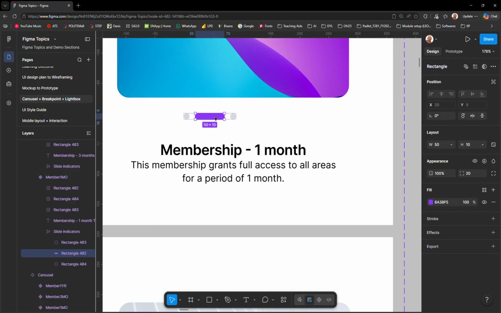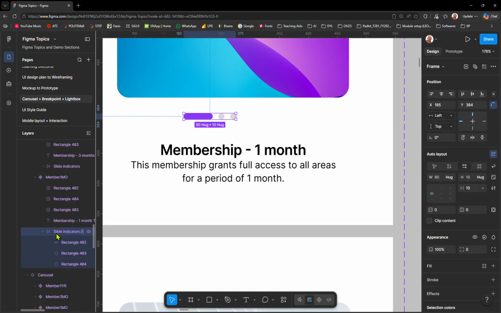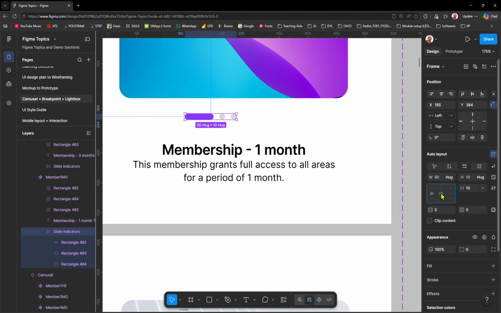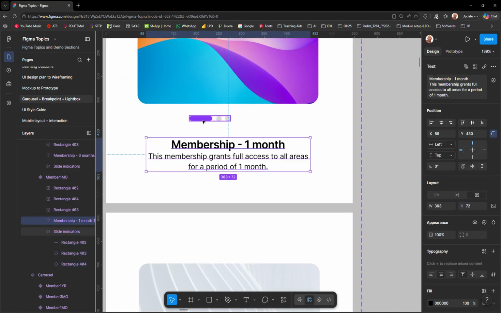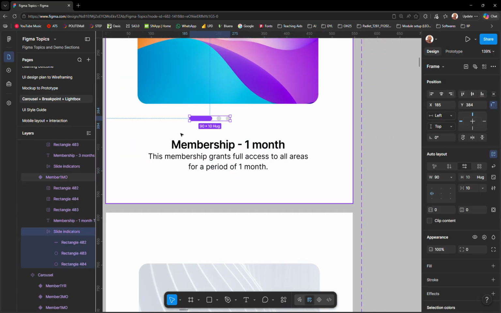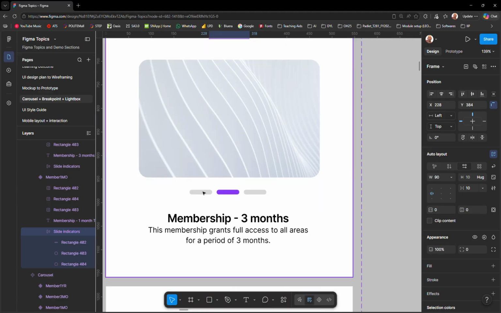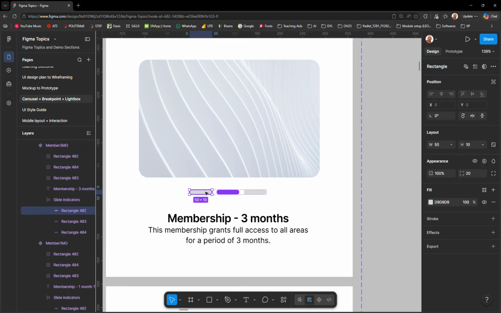We want to have them centralized, so keep the indicators centralized. Hold down Shift until the red line appears. Let's do the same. Double click, 10 and